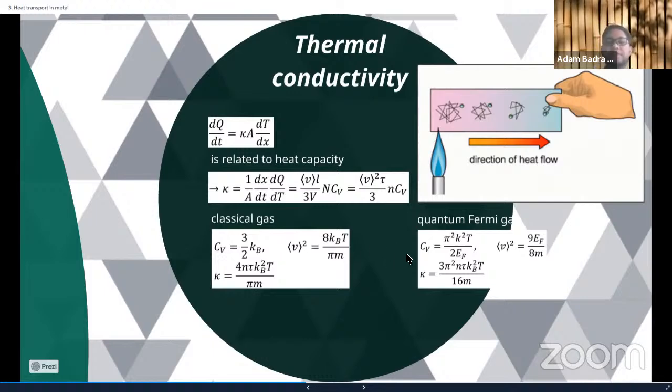This is the main difference between these two models, classical gas and quantum gas. In the classical gas, the one that depends on T is the average velocity, but CV is more or less constant. Differently, in the quantum gas, the heat capacity CV depends on T, so it is 0 at 0 temperature. For the velocity, it is quite